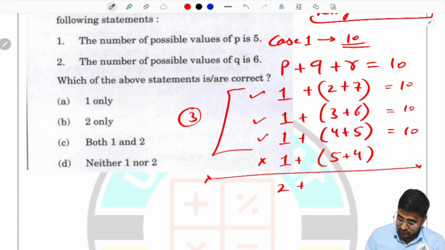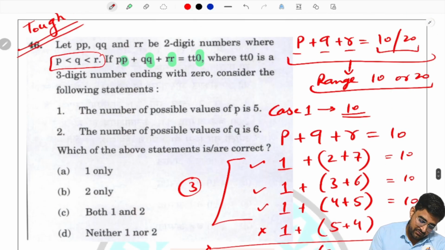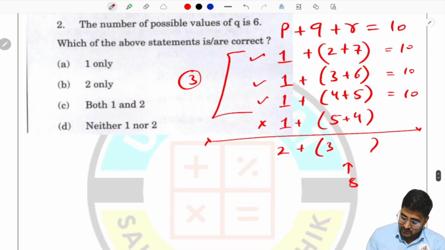When we take 2, now we have to make here 8. Now let's start, 2 is here, then 3 is here. Okay, just I am following this one. If 3 is there, then 5 should be there. Okay,